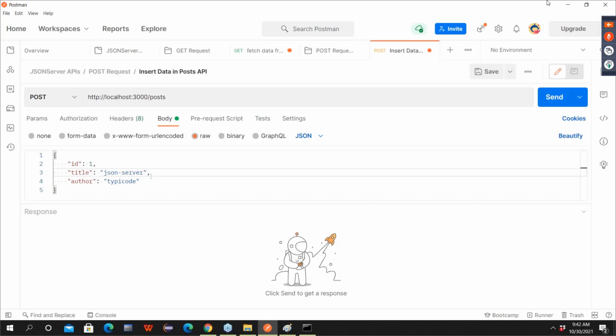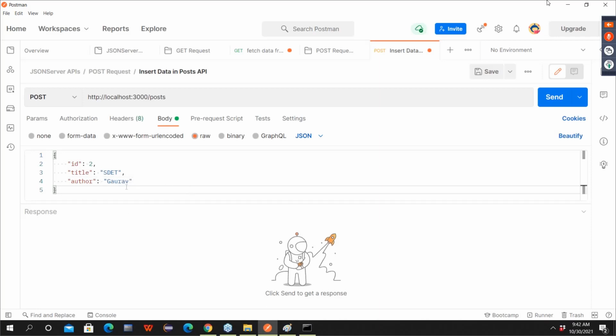See, if I don't give this comma, are you getting error? Yes. So whether you have accurate JSON or not, whether your body is correct or not, everything you can check. So now ID I will give as 2. Title I will give as, let's say, date. And author I will give my name. Like that I want to add the data now.